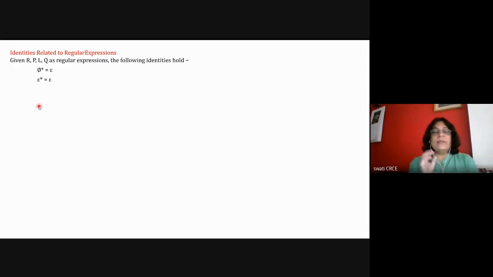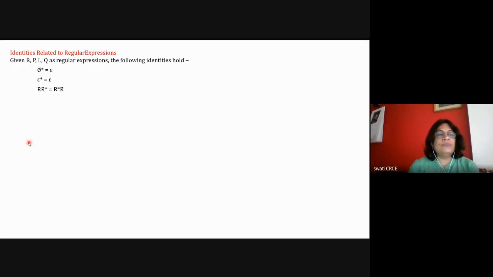Remember the rules properly so that you can apply them in solving the mathematical problems. Sorry, the empty symbol repeated multiple times is equal to the empty symbol. So both the rules are very easy to remember.